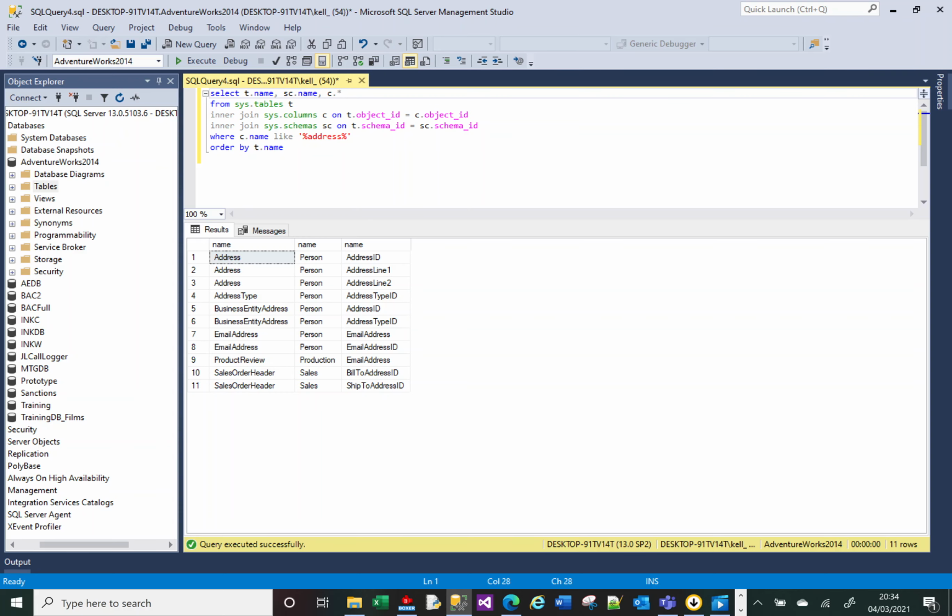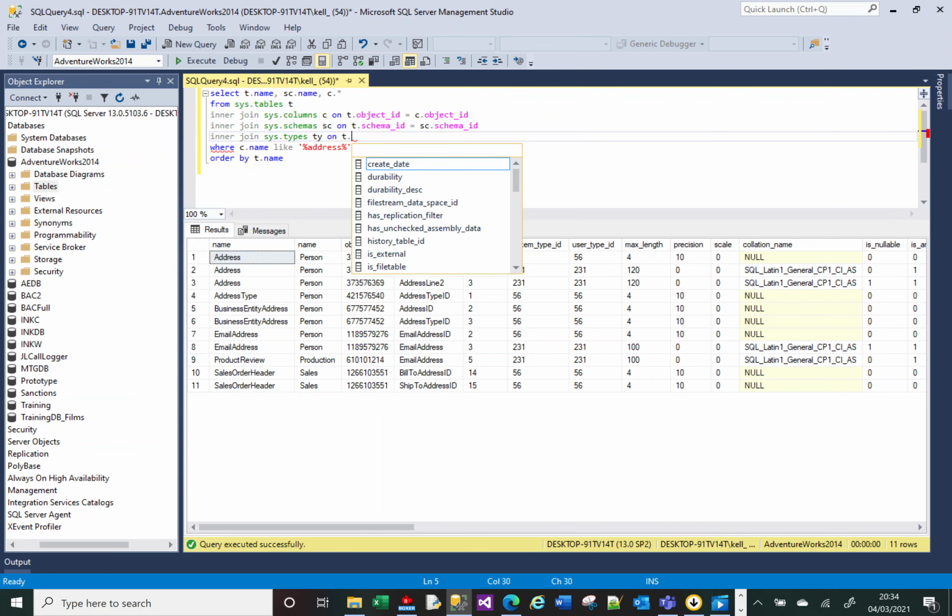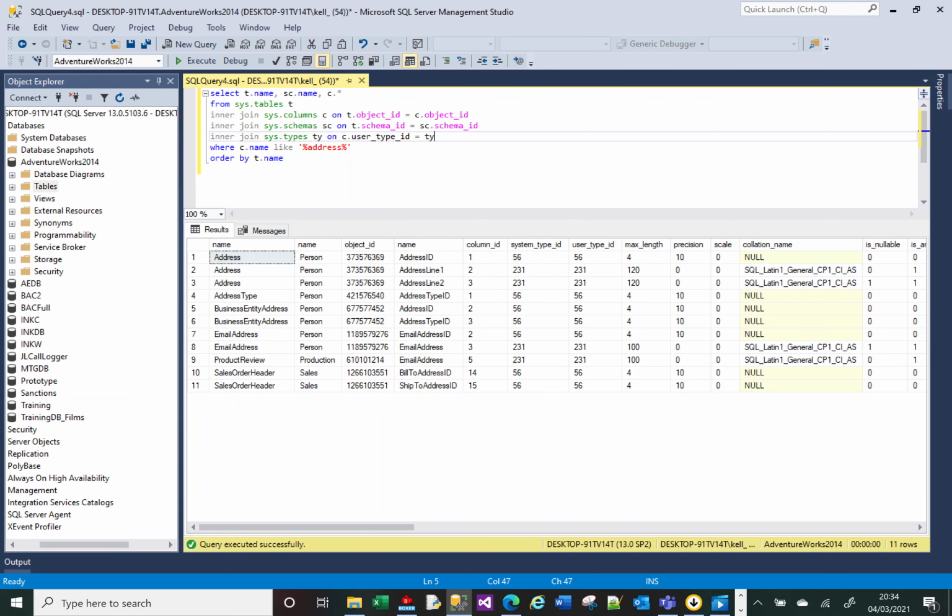Now let's bring back all of the column details. Let's look at a final thing in this table. Each of these columns will have a data type, and there's a type ID here that I'm interested in looking at. In our sys schema, we've got an option of a table called types. If I do, oh sorry, it doesn't look at the table, it's a column. User type ID equals ty.user type ID. If I run that,